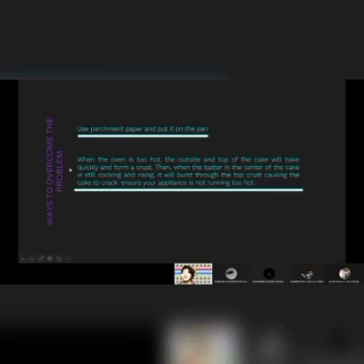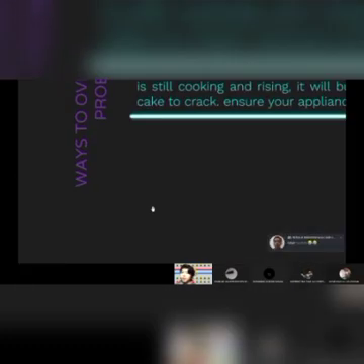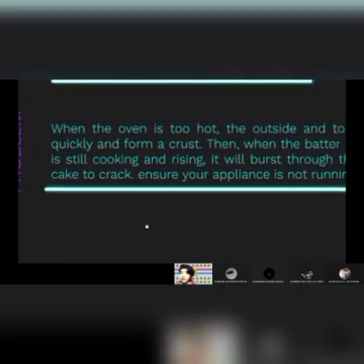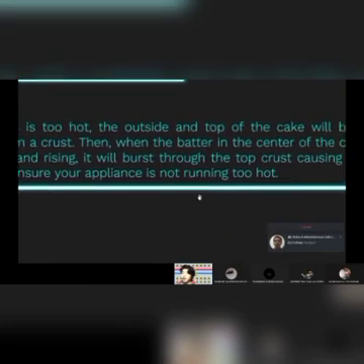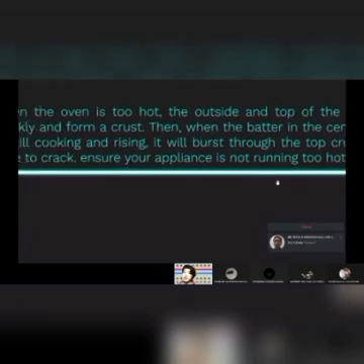Now, secondly, for the problem of the cake breaking on top of the surface: when the batter in the center of the cake bursts through the top crust, that will cause the cake to crack. So a simple solution to the problem is that we have to maintain the temperature of the cooking of the cake,